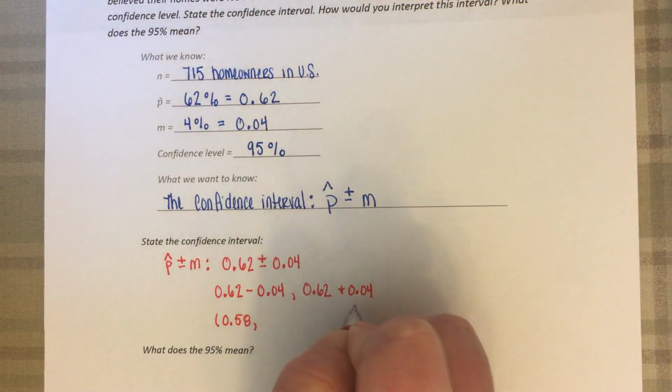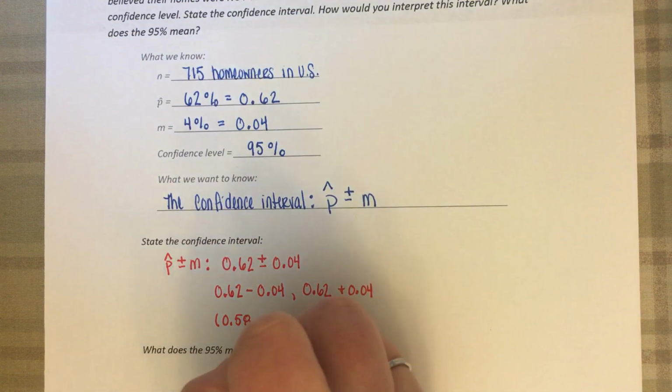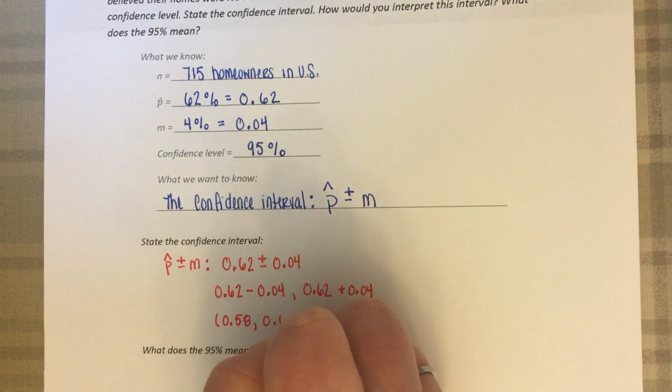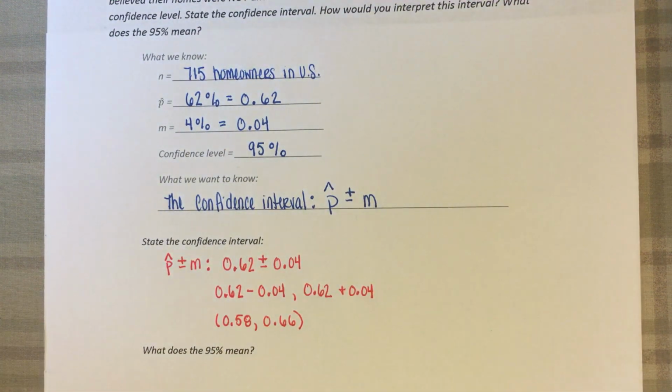And if we add 0.62 plus 0.04, we get 0.66. So to find our confidence interval, it's a simple subtraction and addition to find our lower limit and our upper